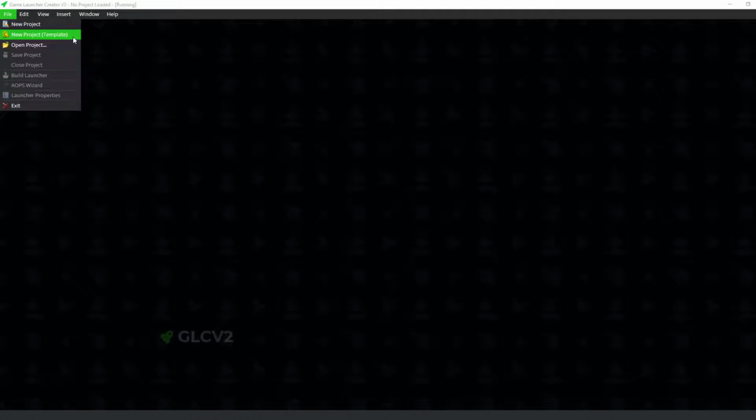Or if you don't have access to any of that stuff, then you can select a new project from a template. And the templates are quick and easy to get you up and running. You can still customize the template. So if you create a launcher project from a template, the template's just there to get you up and running. Once you've got the template loaded, you can then modify and change things and add new stuff and do what